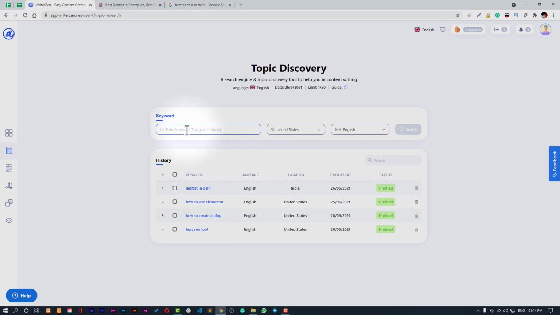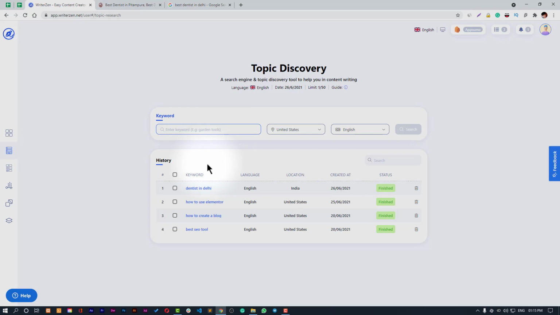Whatever keyword you want to discover topics for, all will be saved to your cloud account in your user database, so you can fetch them again and again. That's really interesting, and you have access to all the history you have used, so you don't have to do any research again.